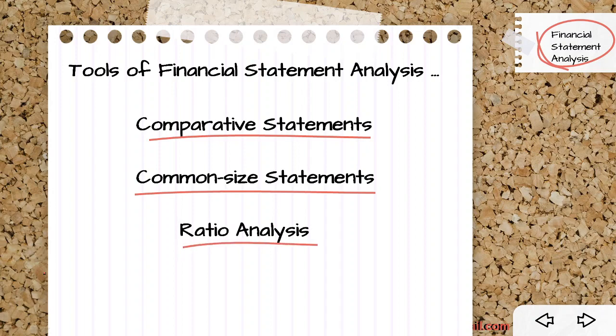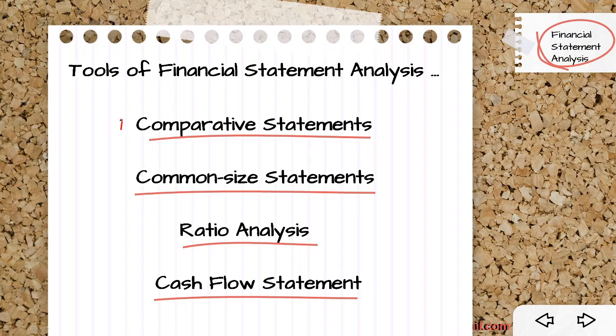Then we have ratio analysis. Ratio analysis is basically an arithmetical or mathematical relationship between two or more financial elements which are present in the balance sheet or the statement of P&L. So we find out the relationship between two or more items and draw relevant conclusions out of it. Next tool is the cash flow statements. Cash flow statement is a statement which tells us about the flow of cash and cash equivalents in terms of operating activities, investing activities, and financing activities.